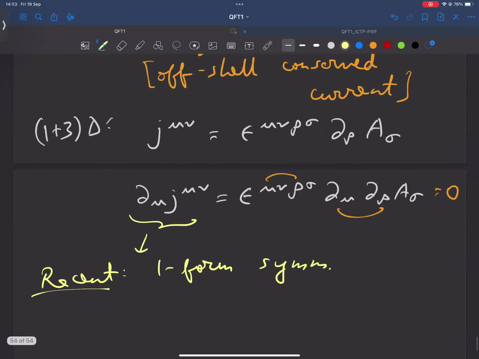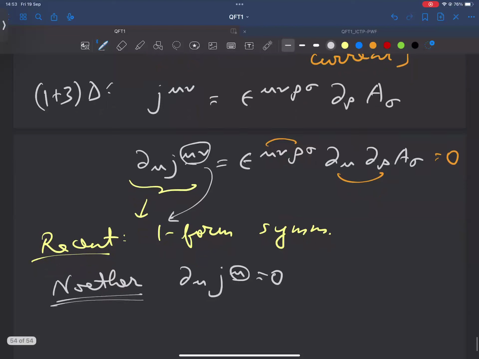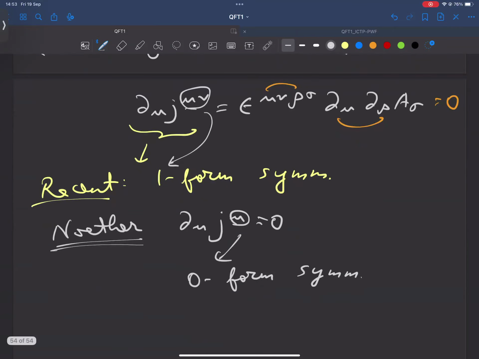For instance, the usual Noether current that we discussed was an object like this, which had just one index. Now this has 2 indices. So that's why it's called a one-form symmetry, and this analogously will be called a zero-form symmetry. Okay. So this is your first introduction to something that's a symmetry, but that's beyond the Noether and the ordinary